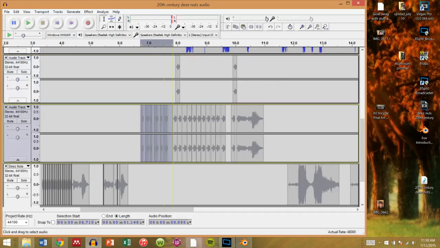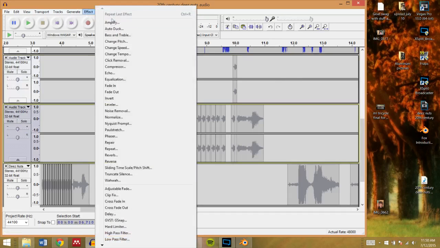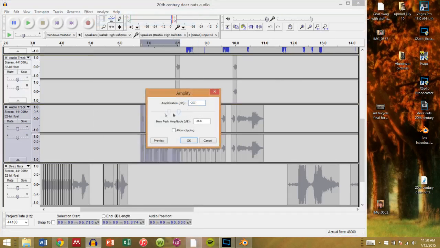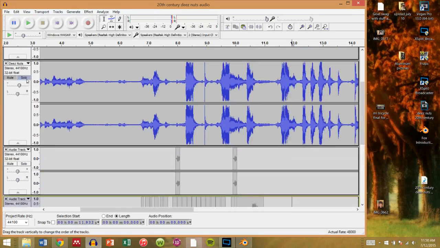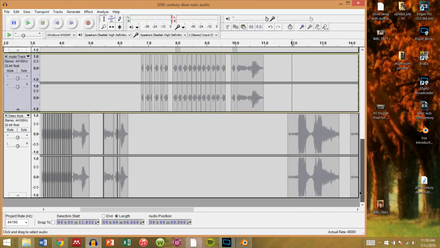But anyway, if you want to amplify something or make it softer, you just go to Effect, Amplify, and then change however loud you want it to be. It's measured in decibels, but just kind of guess and check to make it the volume that you want. All right, so that is pretty much how I made this entire